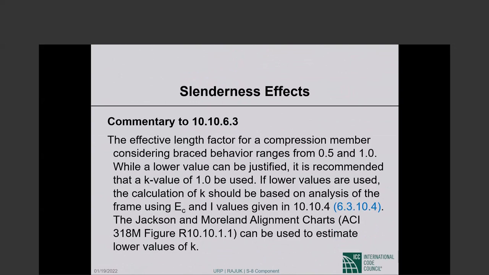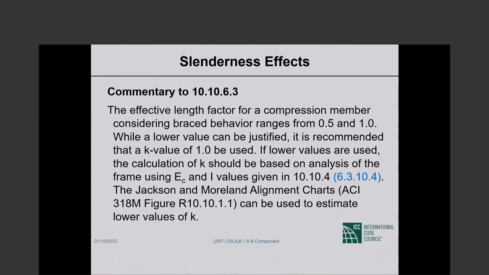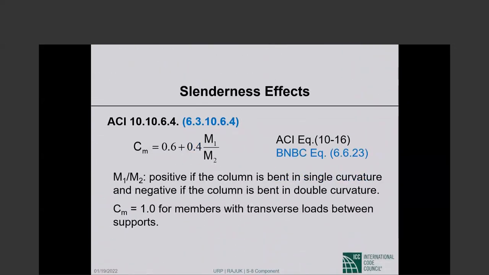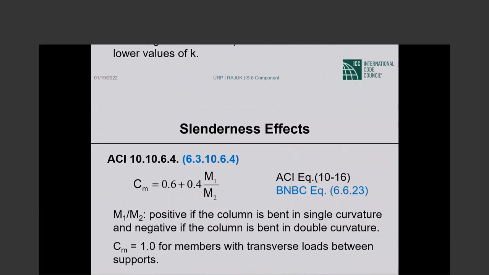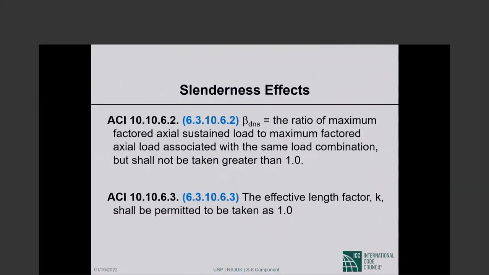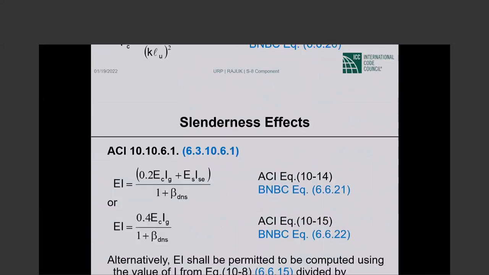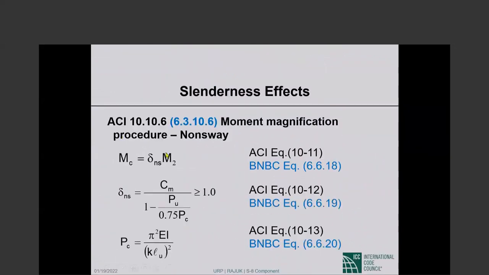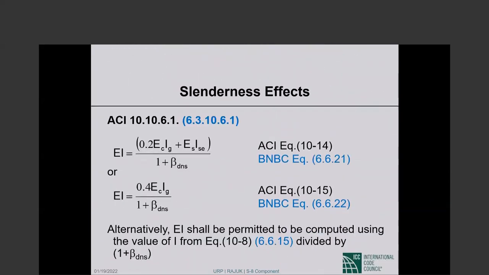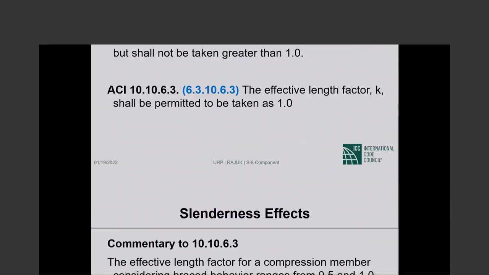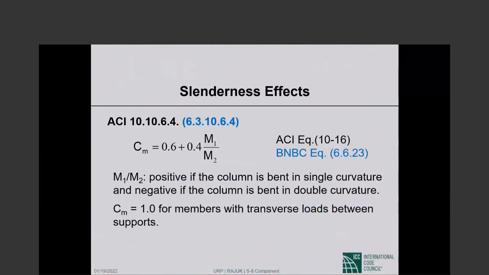And this is the commentary to that, which I'm going to skip. It says what I just said, that since it is a braced column, the worst you can do is a K of 1. Now the C sub M, remember, C sub M is a very important part of the determination of the non-sway multiplier. C sub M is here. Okay? C sub M, P sub U, P sub C. The C sub M part is